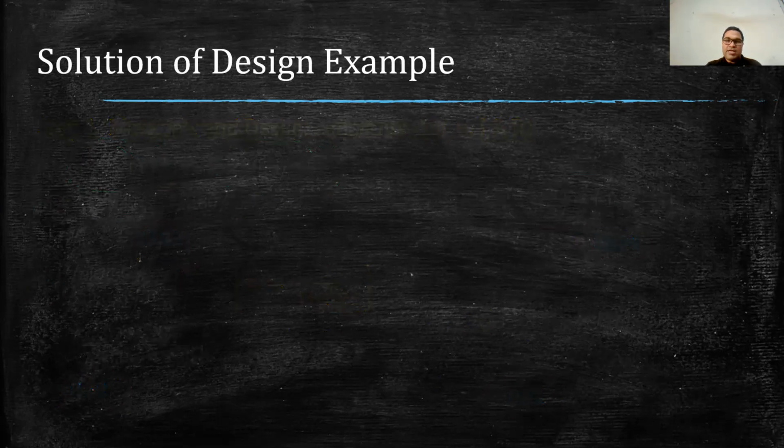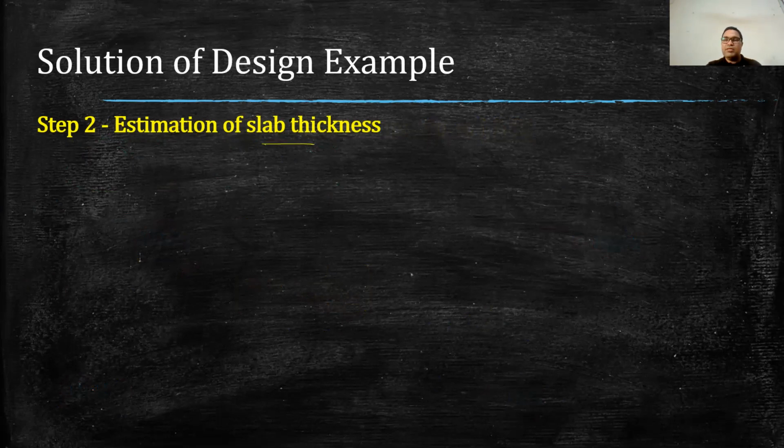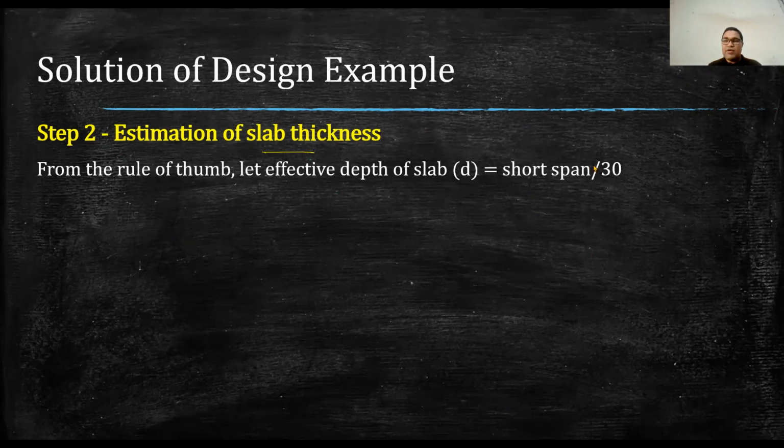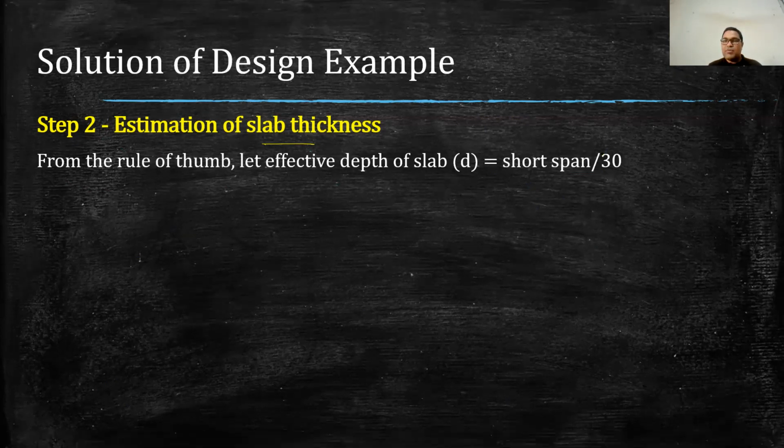Now we will move to step 2, where we will be estimating the slab thickness. Again here we will be using a thumb rule, and based on that thumb rule, we will try to find out a tentative value of effective depth as short span by 30. The short span of the slab, for both slabs, is 4 meter. So our short span will be 4 meter by 30. That is the thumb rule that we will be using in a restrained slab. And based on that, sorry, there should be 30, based on that we find out the value of